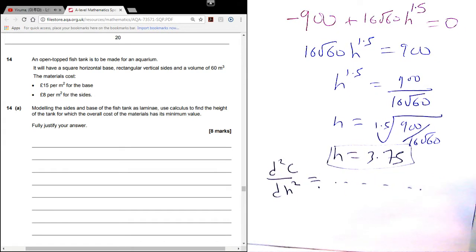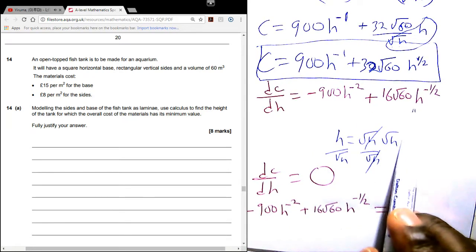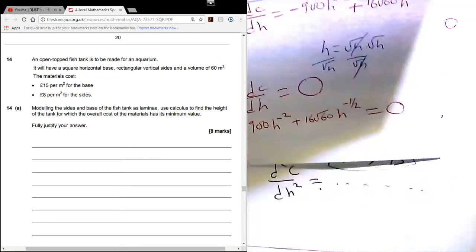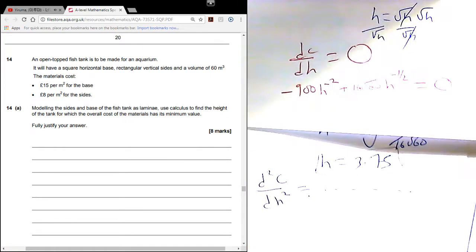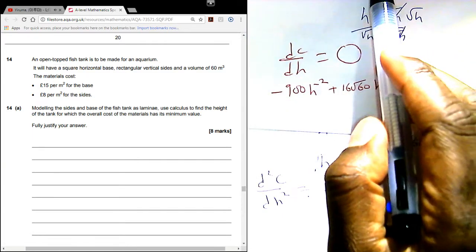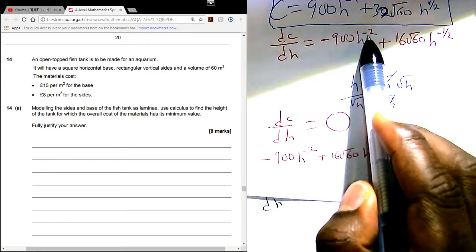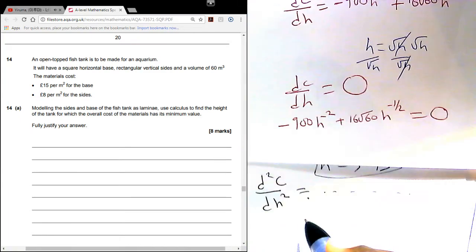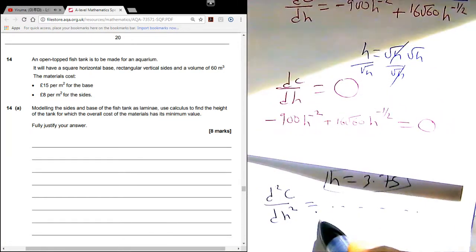So, do we know what dC/dh is? Yes, we do. Back to this, dC/dh was that. So the second derivative, I'll just do that underneath here. The second derivative definitely would be you multiply negative 900 by this power. So d squared C/dh squared would be